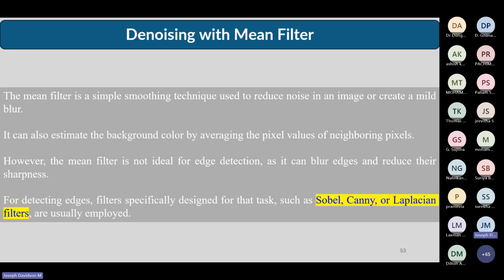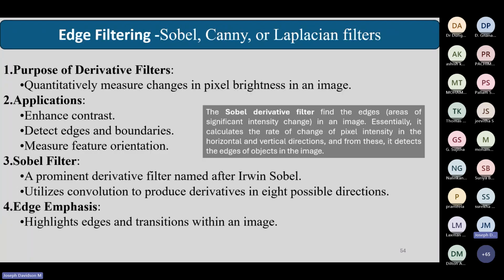It takes the neighboring pixels' magnitude, and the edge will have a higher magnitude. It takes and averages, and what happens actually is the edge will disappear. We won't have anything to see. You'll have either a very dark image or a very white image. I have purposely kept an image which has this particular problem. To avoid that, we have some algorithms like Sobel, Canny, Laplacian filters. We have a few methods to eradicate this problem.